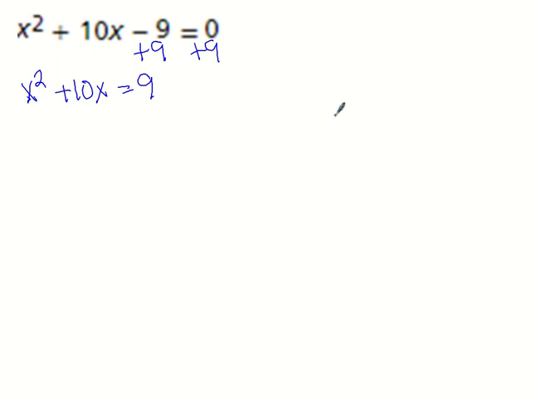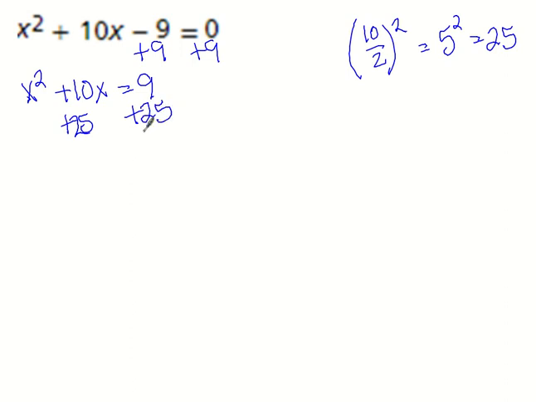What's really nice is because it's a video, you can at least do the first step, see how it went, and pause again, and so on. So that would be probably a really good idea. So I'm going to do 10 divided by 2 squared. We get 5 squared, which is 25. So we should be adding 25